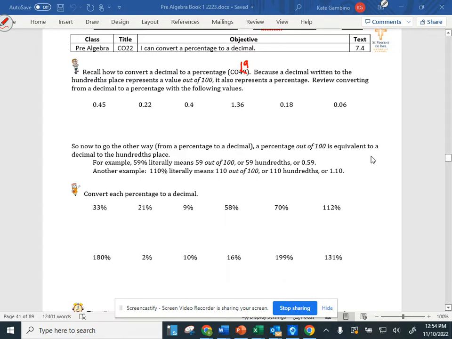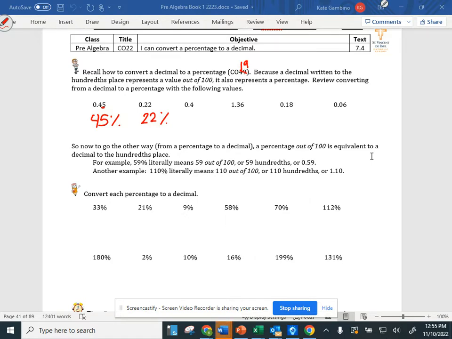Because a decimal written to the hundredth place represents a value out of 100, it also represents a percentage. Review converting from a decimal to a percentage with the following values. 0.45 would be what percent, Tatum? 45%, because remember, we are at that hundredth place, so we can go right to the percentage. What about 0.22? Emmett? 22%, because another way of saying that, instead of just saying 0.22, we're saying 22